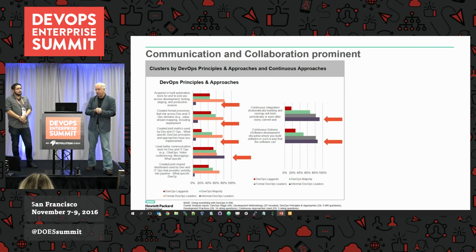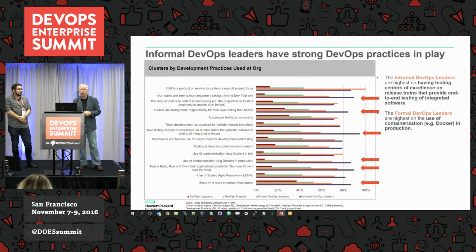We also looked at whether maybe they're not really doing DevOps, and they're getting some sort of different effect, but no. They're heavily doing continuous integration and continuous delivery. Furthermore, when we looked at, and this is a bit of an eye chart, but I'll unpack it a bit for you,